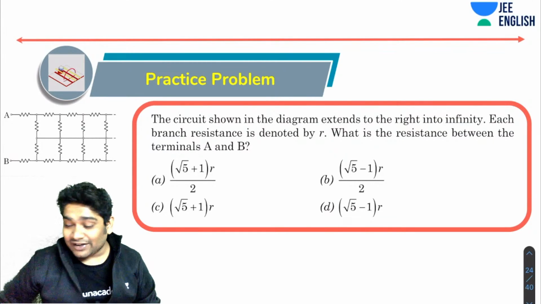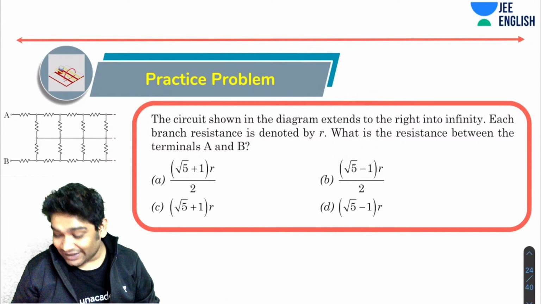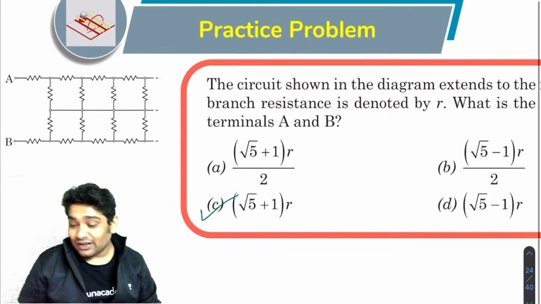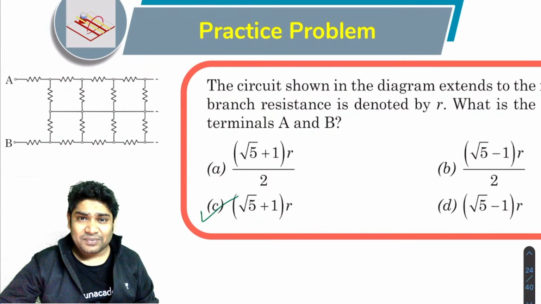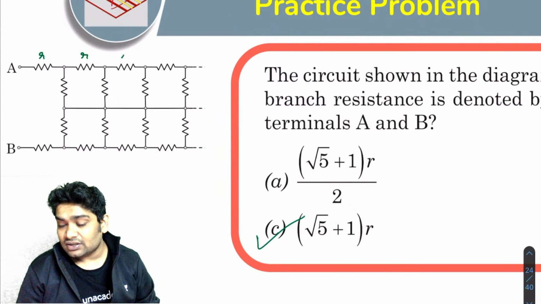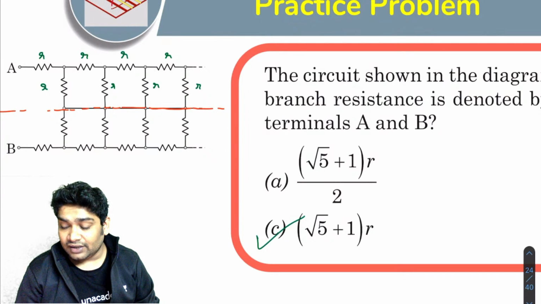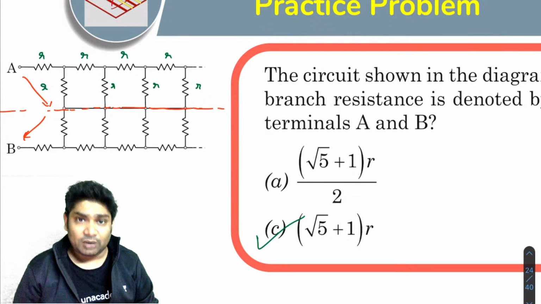Okay. All right. So I think all of you guys have given the correct answer for this. So yes, the correct answer is in fact C. Again, the question is fairly straightforward and simple to solve. All these resistances are each r, and you see that there is a symmetry in the circuit about this line. So if you can find the equivalent resistance between here and here, then the equivalent resistance between here and here would be simply double of that.